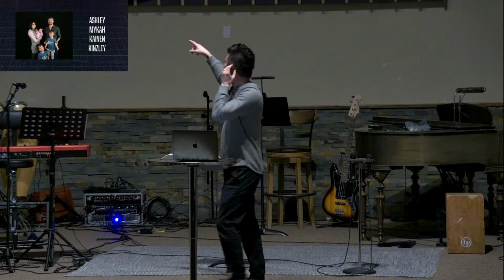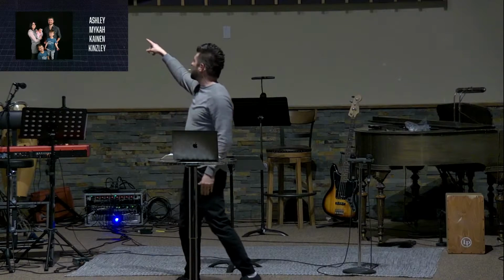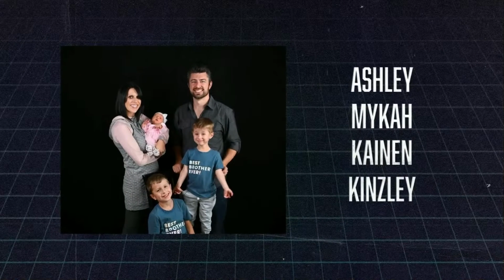I have a picture of our family, I believe. I don't know if it's up there or if it's on your phones. Oh, sweet, it's there too. It's also on your phones if you did the QR code. So this is my lovely wife, Ashley. Micah is my oldest. He's at the bottom of the picture. Canaan is the middle right there. And then Kinsley,